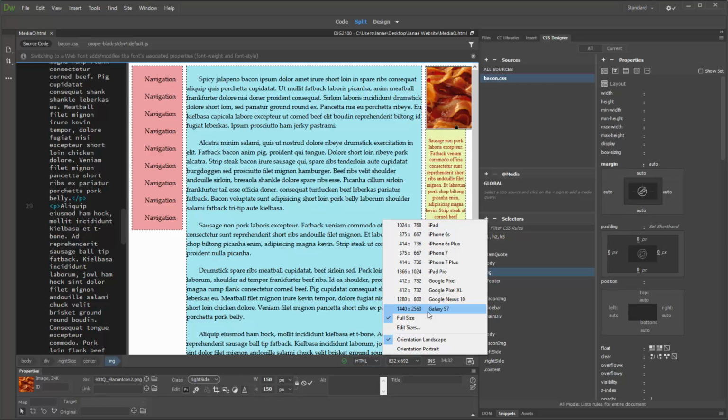But it's worth looking up what the average screen sizes are for the most popular mobile devices so that you don't give yourself unnecessary extra work. When you have however many style sheets you think you're going to need, you can either attach those sheets directly to a web page